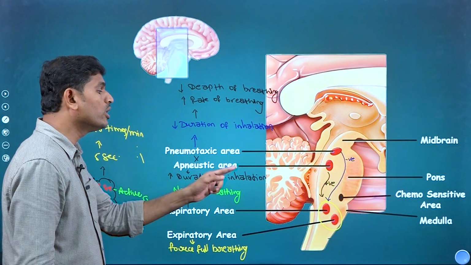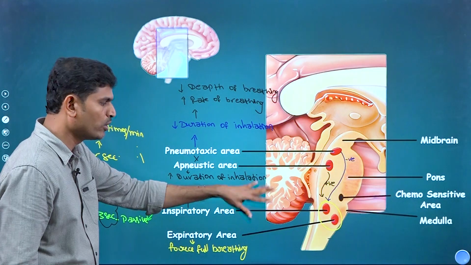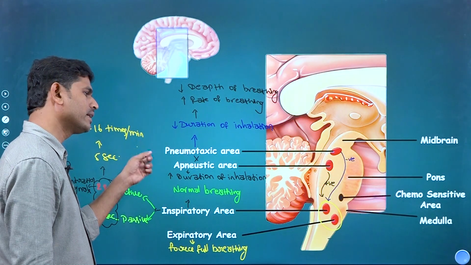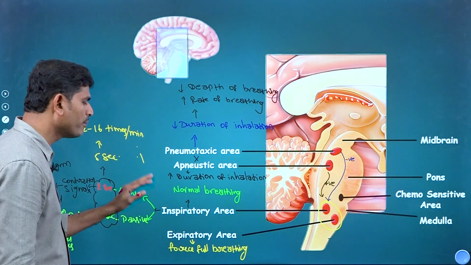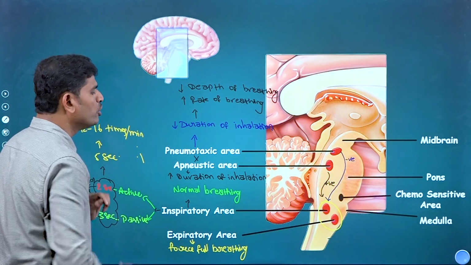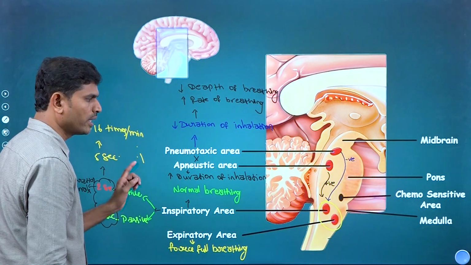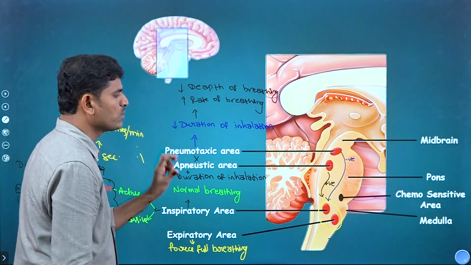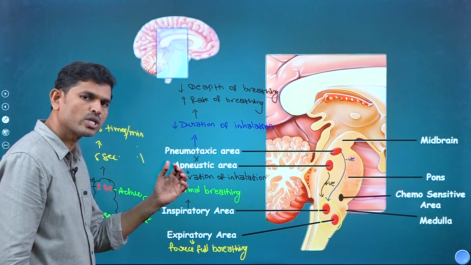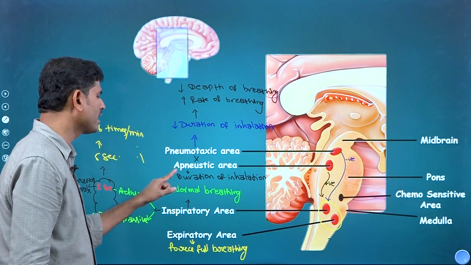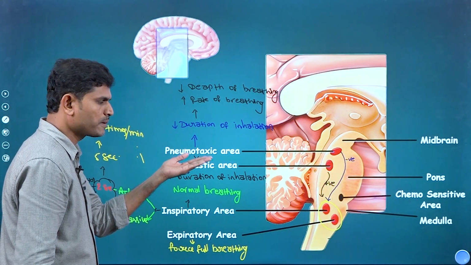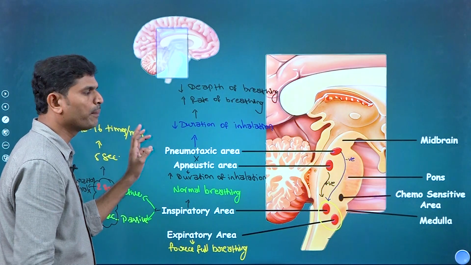The respiratory or medullary rhythmicity center is also what we call it, because it is in the medulla. So the medullary rhythmicity center is different and the respiratory center is different. The respiratory center is the combination of the medullary rhythmicity area, apneustic area and pneumotaxic area. Combined, they are called the respiratory center. So always remember that the inspiratory area is responsible for normal inhalation and exhalation, and the pneumotaxic and apneustic areas work not in normal conditions but in special conditions. These two are opposite rivals.